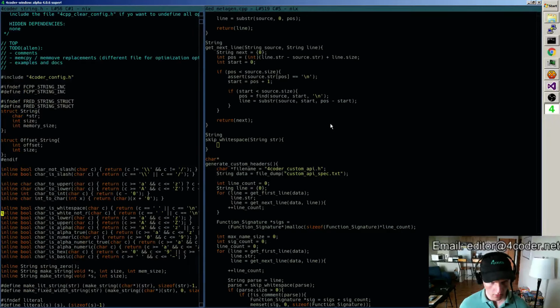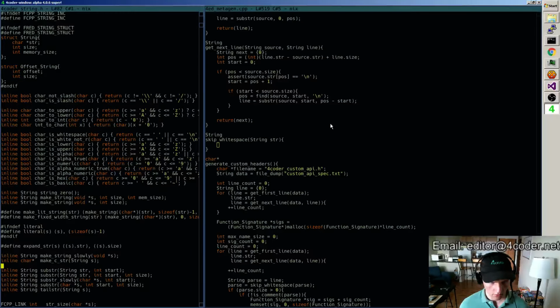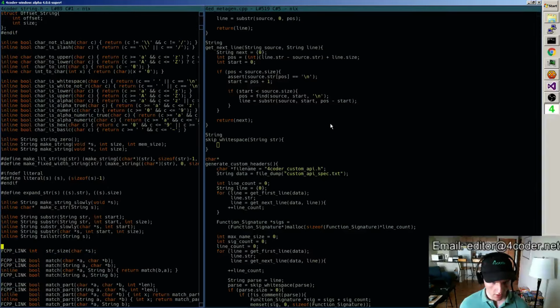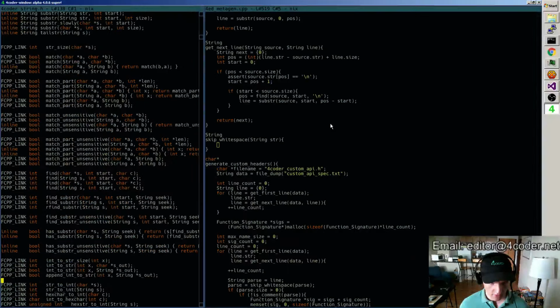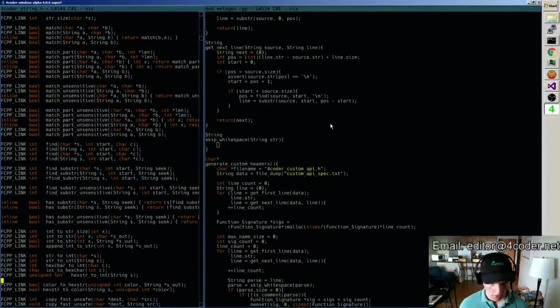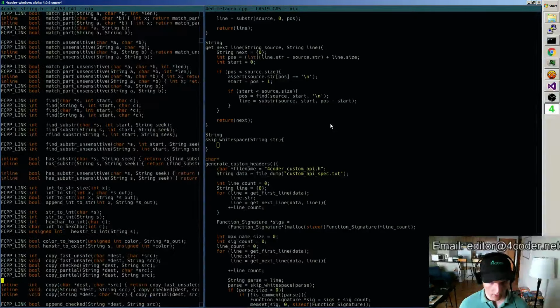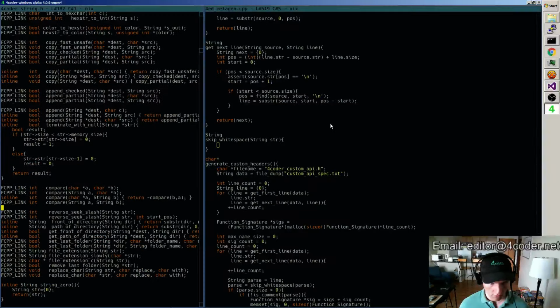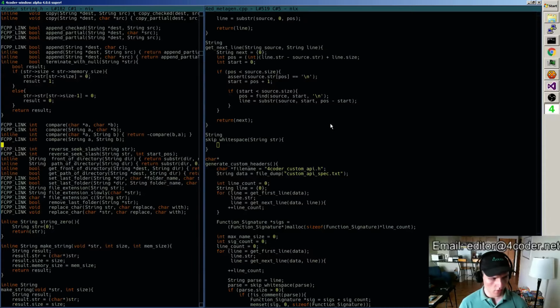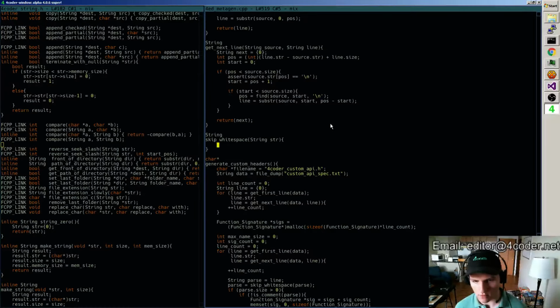Char is white, not R, alpha true numeric string makes 0 substring tail string match and find has substring int to string, string to int, color to hex string, copy, fast copy, append terminate with null, compare, reverse seek slash, front of directory, get front of directory, set last folder file. Okay, so there's no trim white skip white space in there, so that's fine.